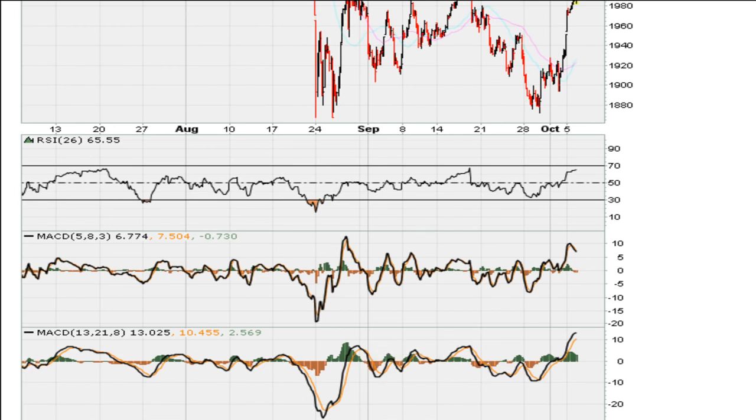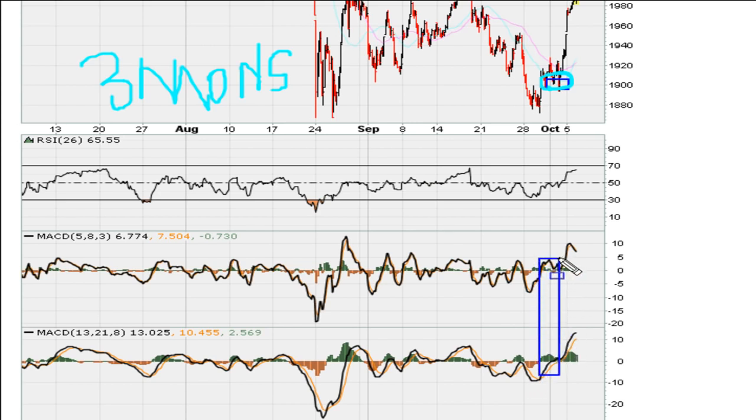This is 3 months worth of data on the S&P 500, and what we are going to be discussing is this low here, which also happened to correspond with both MACDs at that particular time frame, beginning of October